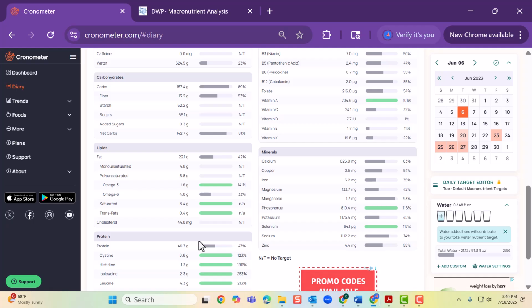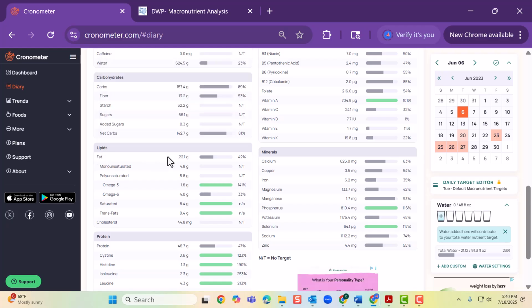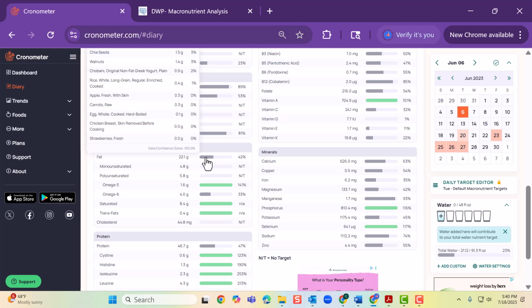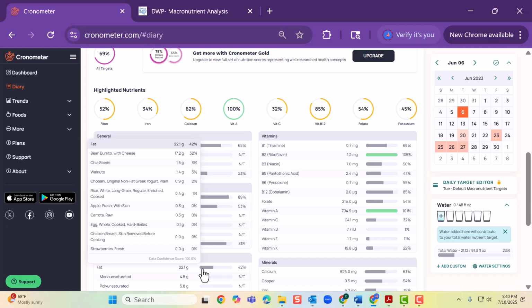The one kind of tricky area in the macronutrient analysis assignment is the one for fat. I'll ask you to create a table that highlights the top 3 fat foods from day 1, day 2, and day 3. So again, I'm hovering over. For day 1, you'll see that the bean burrito with cheese had the most fat. It was